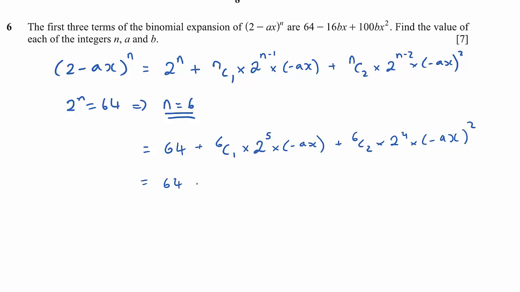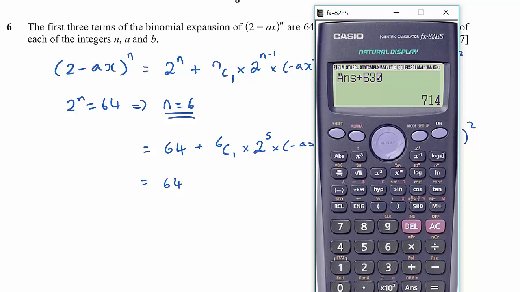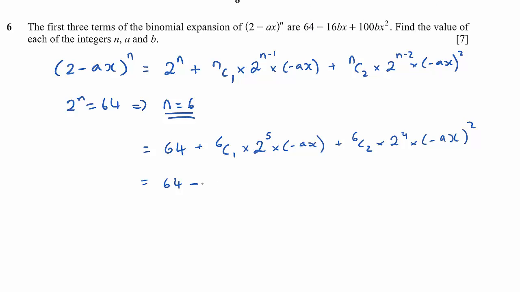So we've got 64, and then we have, oh, this will end up being a minus, won't it, because of the negative just here. So 6 choose 1 is just 6. So we've got 6 multiplied by 32. So that's 192. So it's going to be take away 192